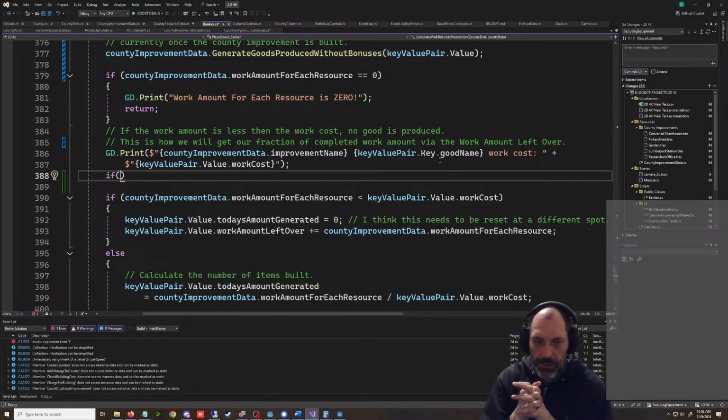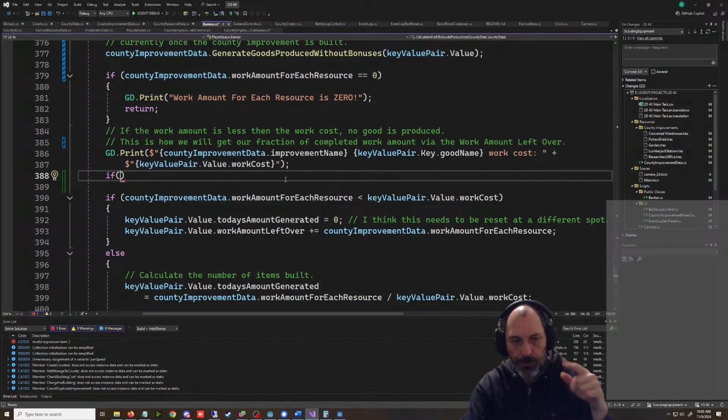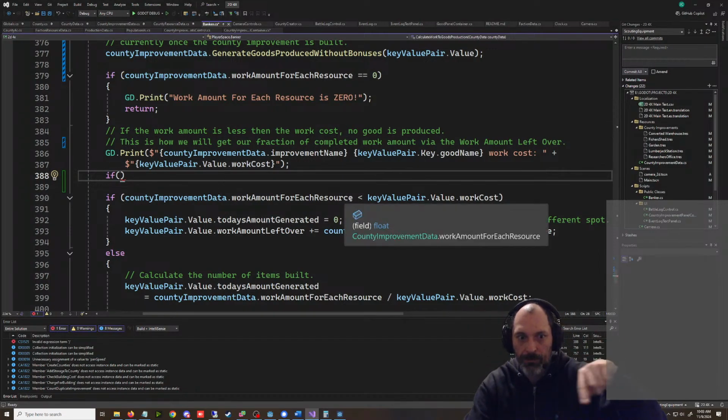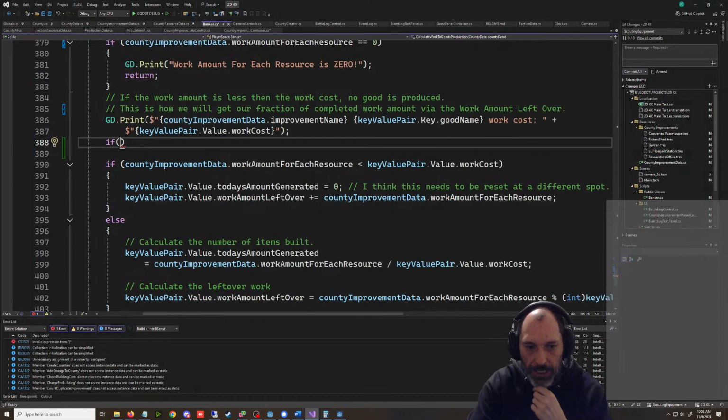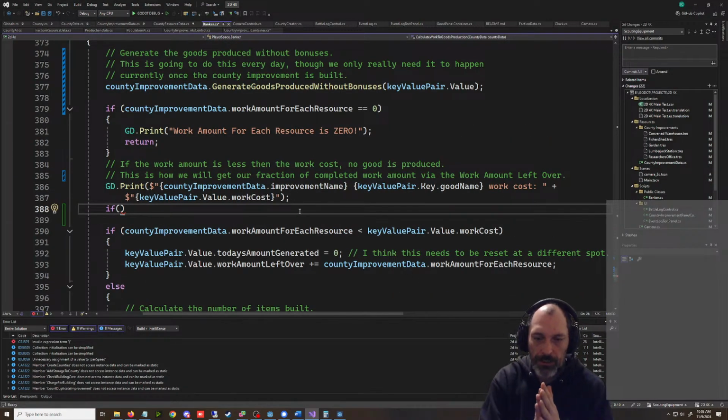There was this thing. What we need to do instead, there was a thing where I was going to have it loop through, and I didn't want to loop through because it'd be a bunch of loops of extra work when we could just divide. Okay, so this is what we need to do. We need to check if there's a remainder, I think. So we take the work amount for each resource, we divide it by the